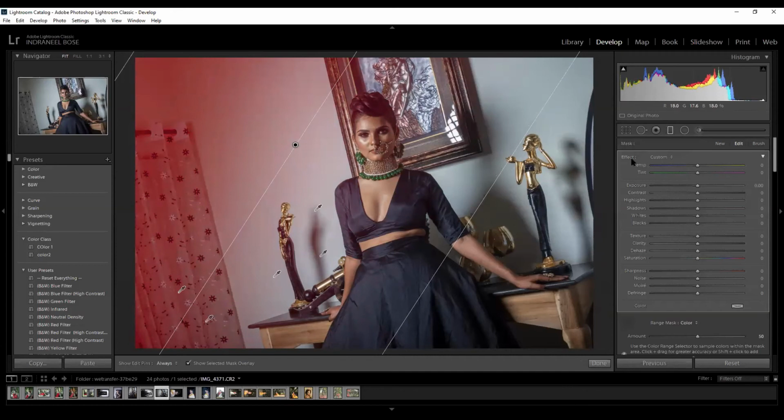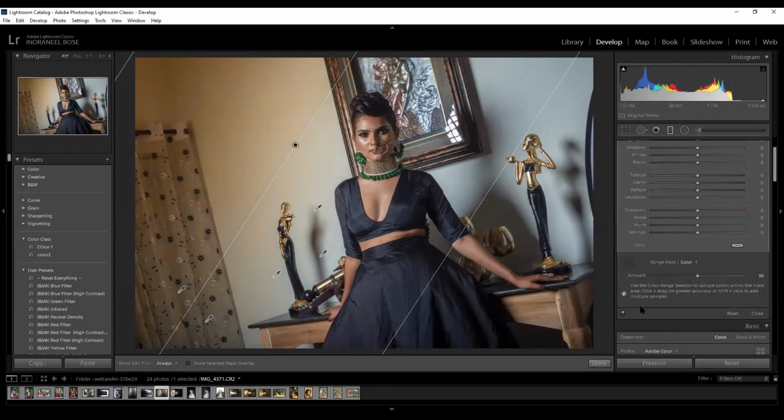I'm keeping it a little in the hair. Now see. Got it? Like a color gel coming out. Now if you blend it, it will blend. If you reduce the amount, it will show up. If you increase the feather, it will blend very well.